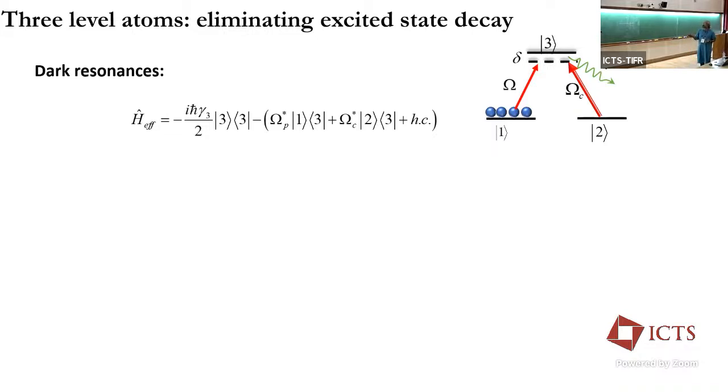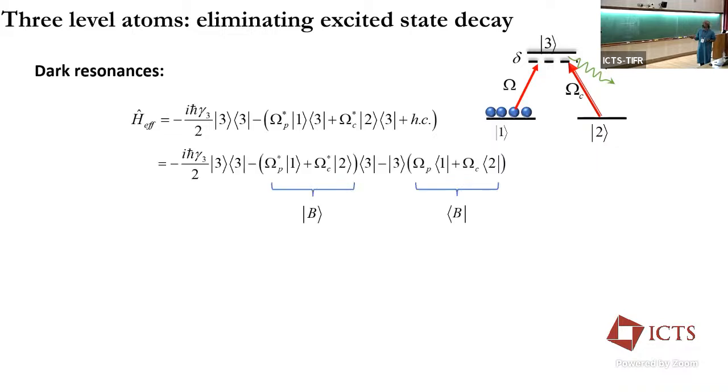And there are two optical fields, one strong and one weak. Right away, without solving anything, you see that this excited state, which is the bad state, has a decay, and it couples in a very specific way to the ground state manifold. You see that the coupling coefficients are set by these coupling constants. It immediately tells us from very basic quantum mechanics that if this is the state it's coupling to, there ought to be a state orthogonal to that, some superposition of these two, which it will not couple to.